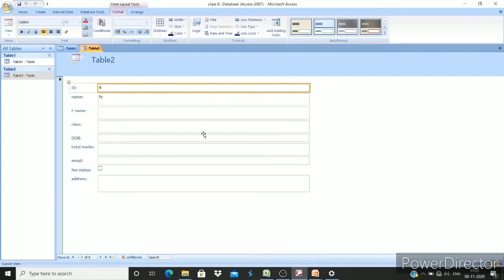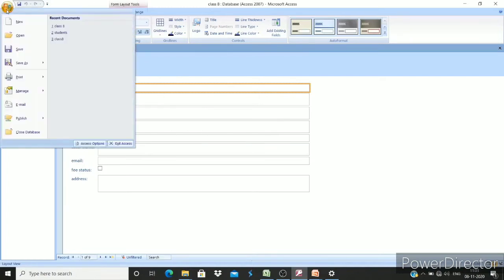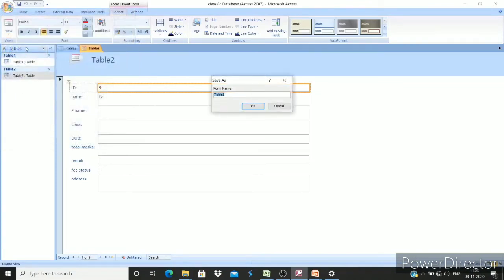So first of all, you need to just save this form. To save this form, we have to click on this File button, and you have to just click on Save. So here you can give the form name. So here I'm giving Form1 as the form name, then press the OK button. Okay, so as soon as you pressed it, now what do you have to do, in the form you can see